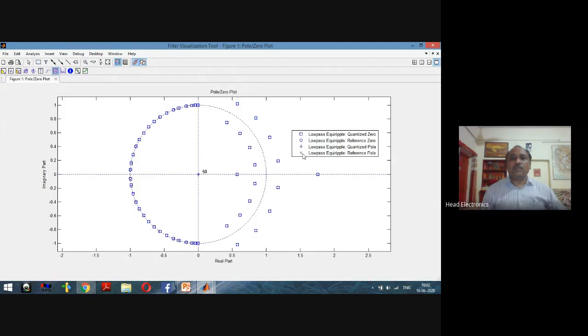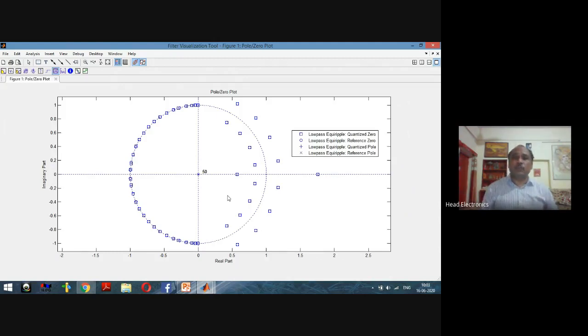So we can see here what will be the effect of the quantization. Due to this quantization, the locations and positions of the poles and zeros have also shifted here. So due to this change, what will happen? Sometimes the location and positions of the poles and zeros change in such a manner that we get a filter or system that is not in the permissible range.